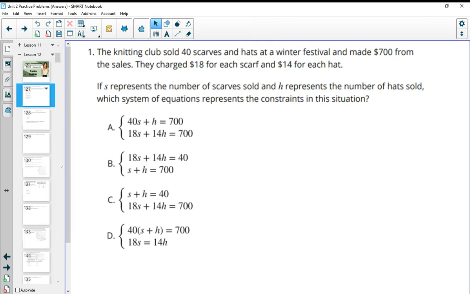Number 1 says that the knitting club sold 40 scarves and hats for the winter festival and made $700 from the sales. They charged $18 for each scarf and $14 for each hat. If S represents the number of scarves sold and H represents the number of hats sold, which system of equations represents the constraints? So in this, before I look at these, I like to write down that the